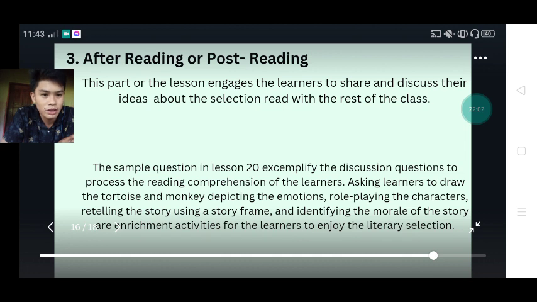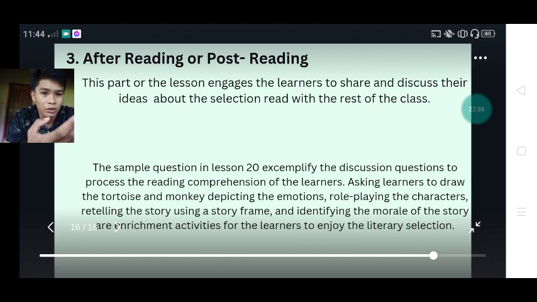The sample question in lesson 20 is to simplify the discussion questioning to process the reading comprehension of the learners. Asking learners to draw the tortoise and monkey depicting the emotion, role-playing the characters, retelling the story using a story frame, and identifying the moral of the story are enrichment activities for the learners to enjoy the literary selection. So, as teachers in the future, we must not forget to consider this.